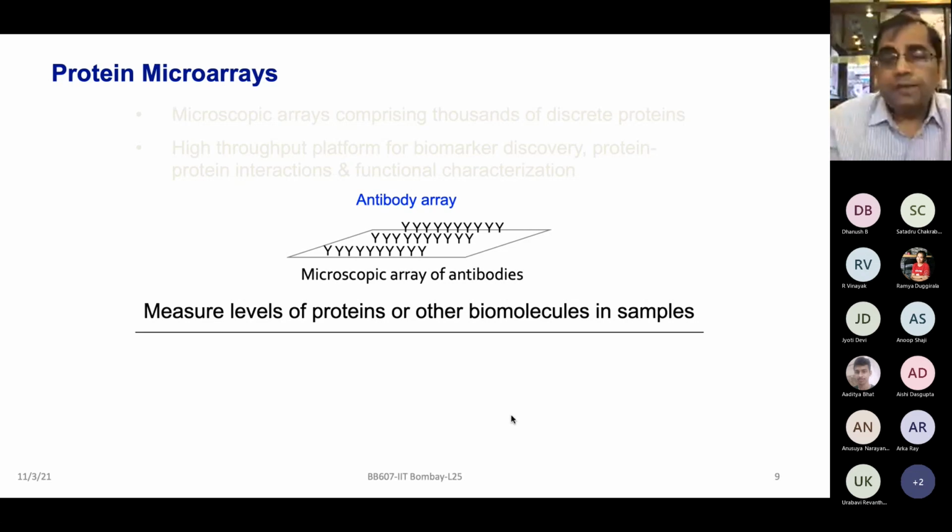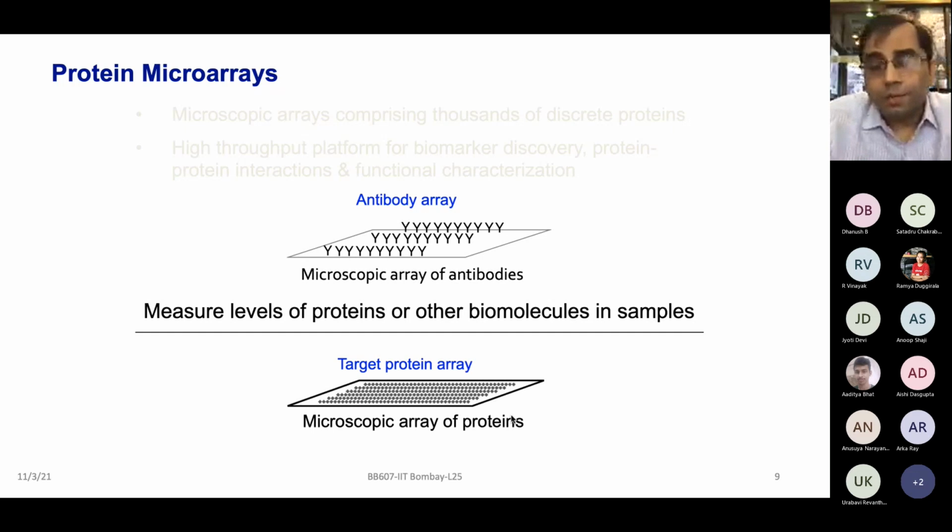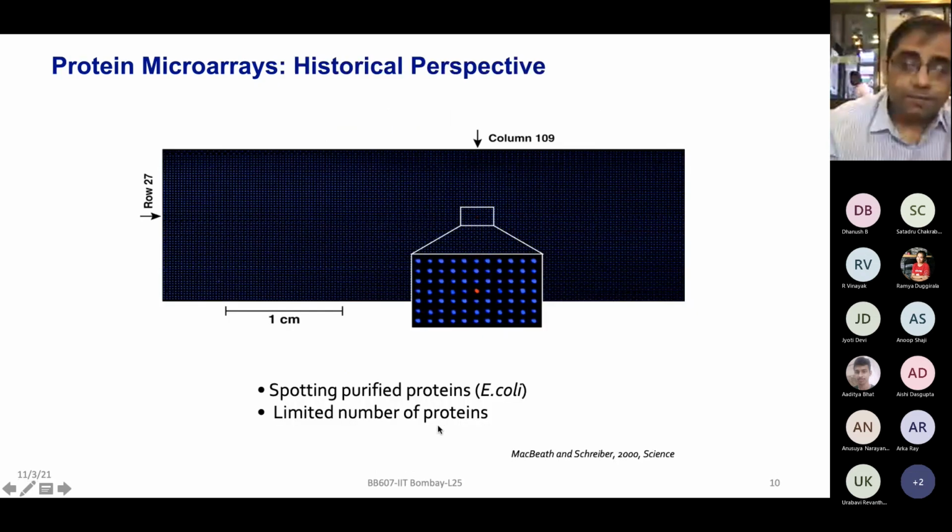You have already studied that in affinity chromatography. It is just a different way of miniaturizing the scale. Here you need a much smaller volume of samples, and you can screen several antibodies or thousands of antibodies in a very short time. Another approach could be protein arrays, where you have purified proteins printed on glass slides or other miniaturized ways of printing, and then you can utilize that for different applications. I'll focus a lot on this part.